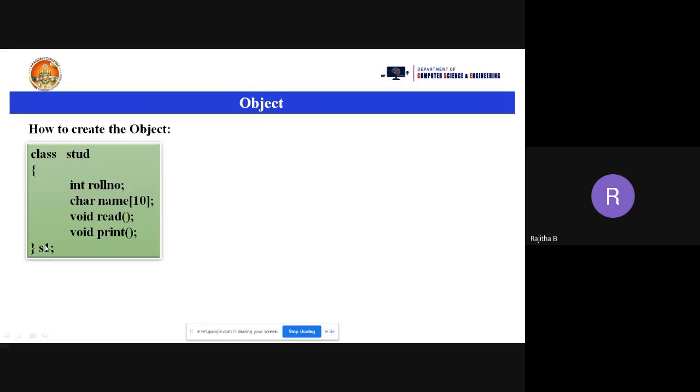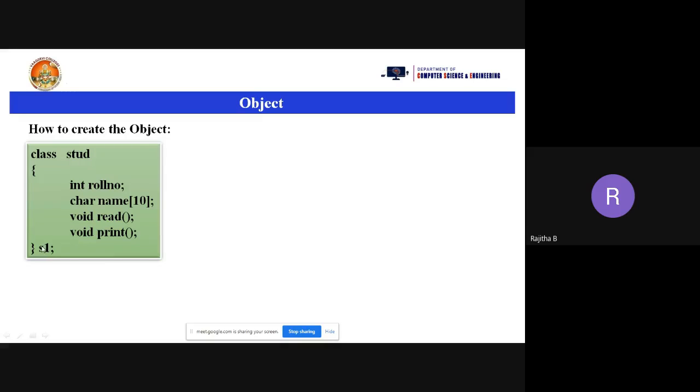And S1 is the object. So like this you can create the object here, S1 like a structure member, ending with a semicolon. What is S1 here? It consists of roll number, name, read and print. It means S1 is the collection of data members and member functions of your class.